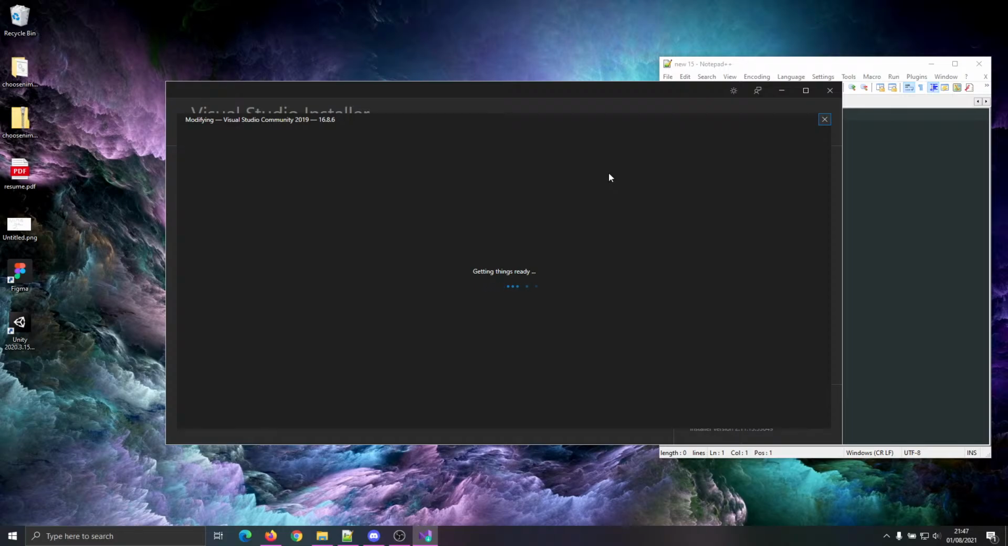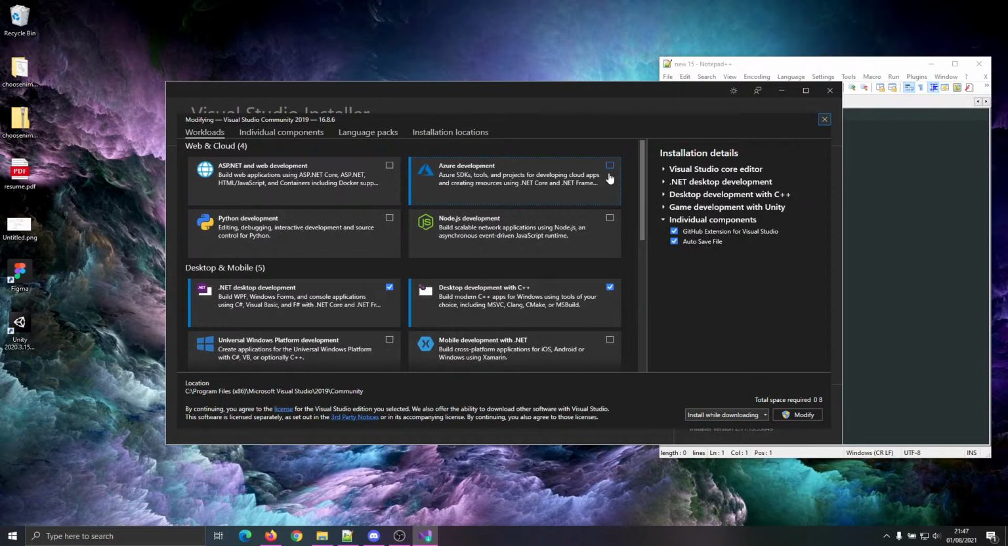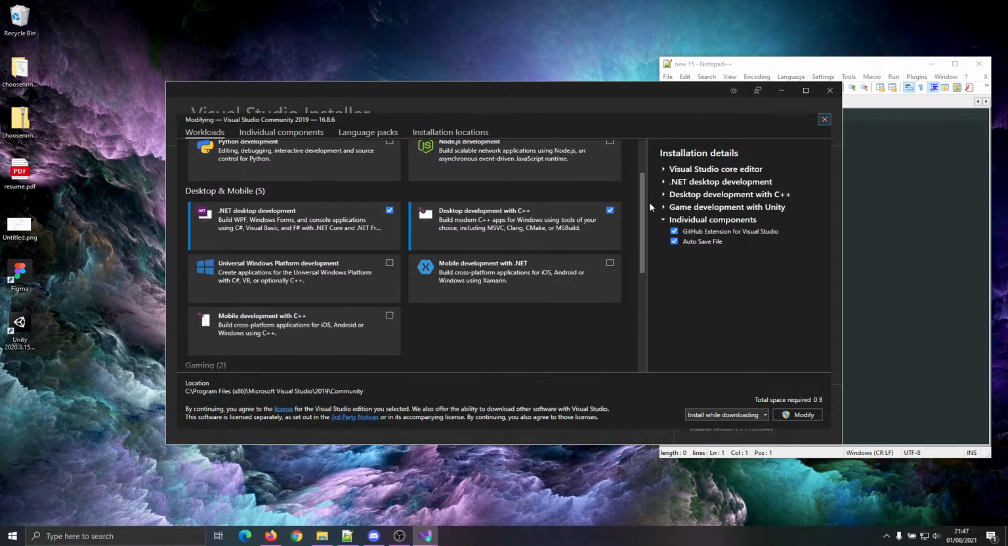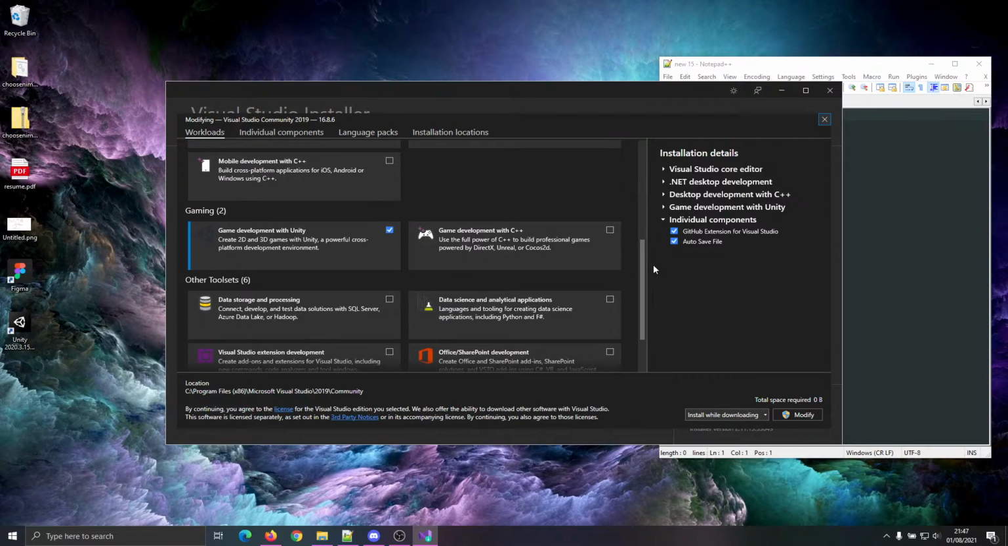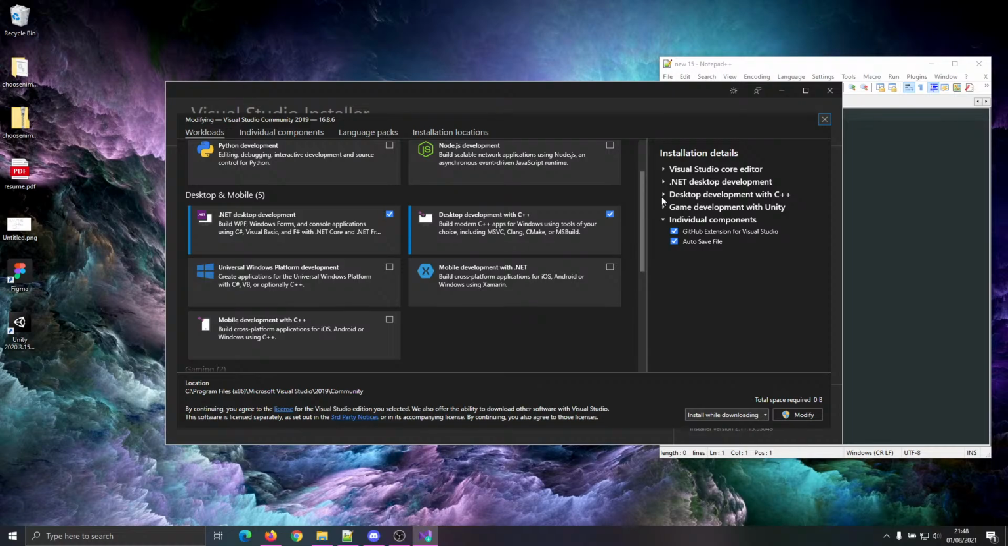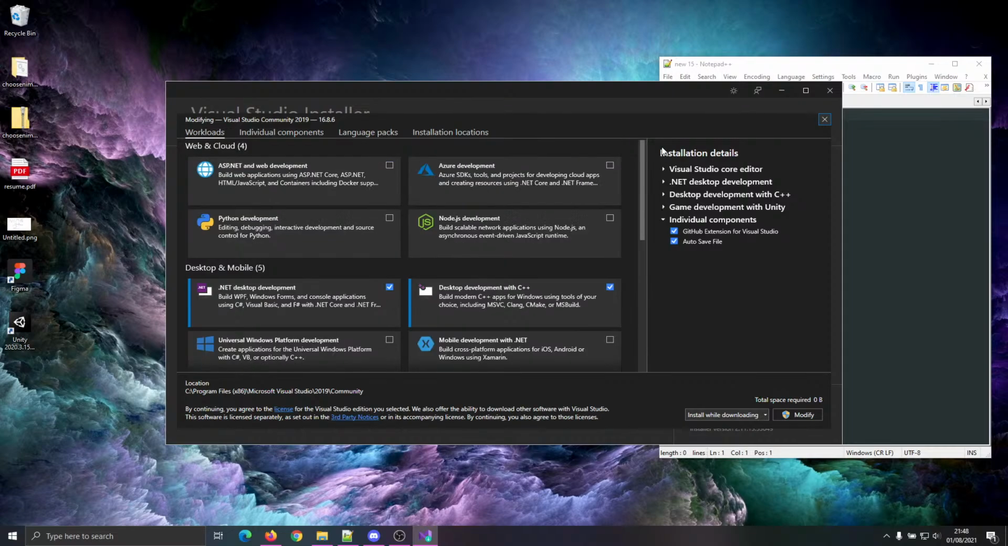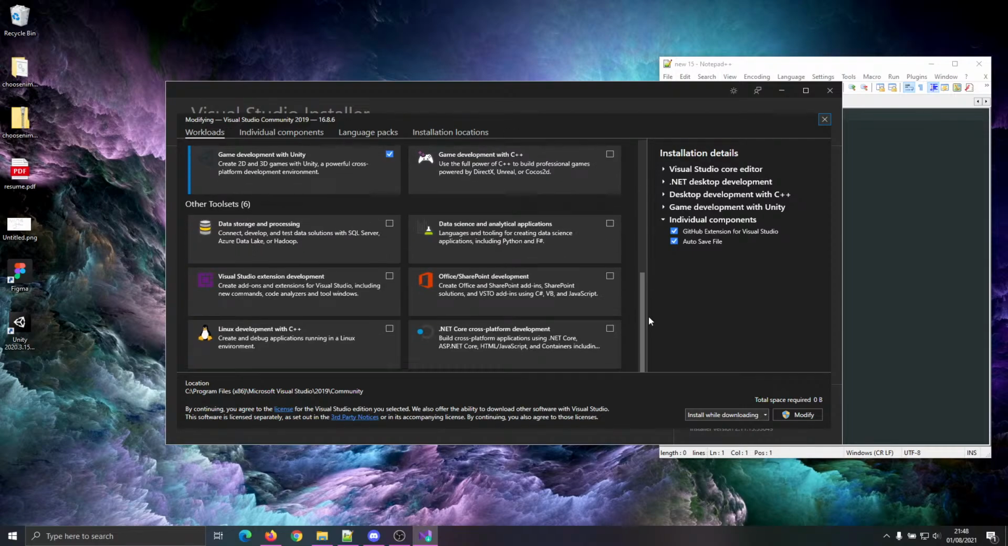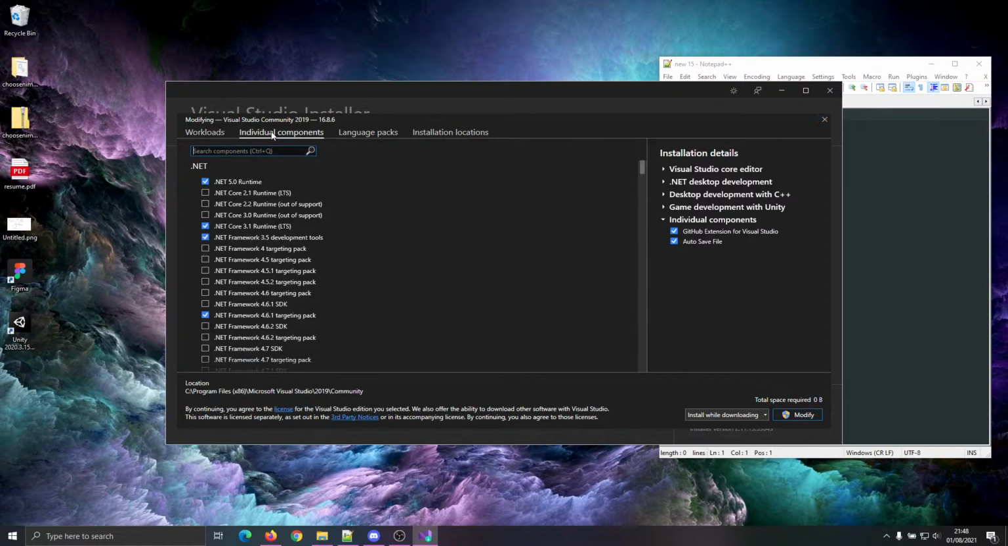That's just a fancy way of asking which dependencies and packages it should install for you. So, of course, we want to run with the game development with Unity. And I'm pretty sure if you just do .NET desktop development stuff, you should get most of the packages you need. If you go in the individual components, additionally, you can get